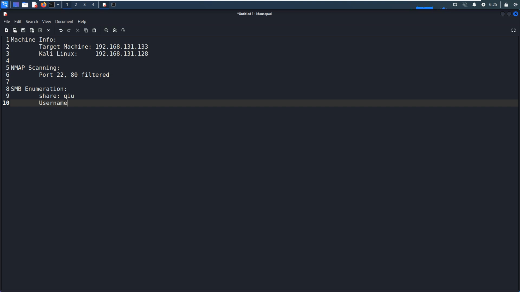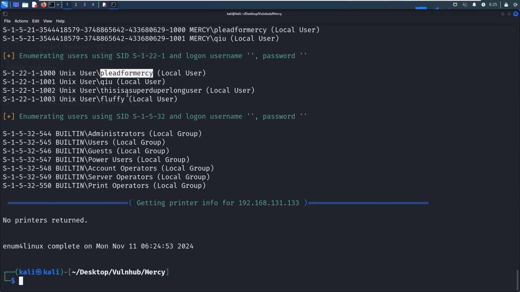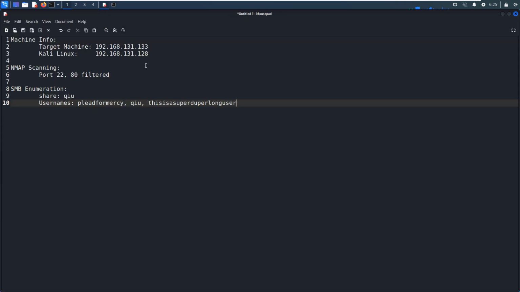So the usernames, and also Q. And the next one is, yeah, a very long username. We can copy. The last one is Fluffy. Okay, so I think I have already done all we can with the Samba service at this point.